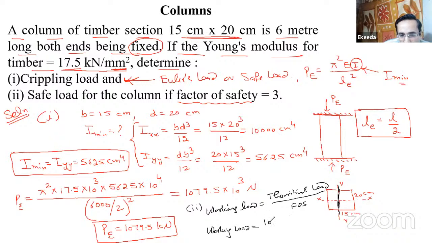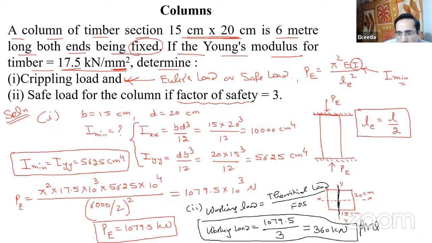Theoretical load is 1079.5. We have to take the factor of safety into account. So that will come out to be nearly 360 kilonewton. So this is the answer of the second part, 360 kilonewton,